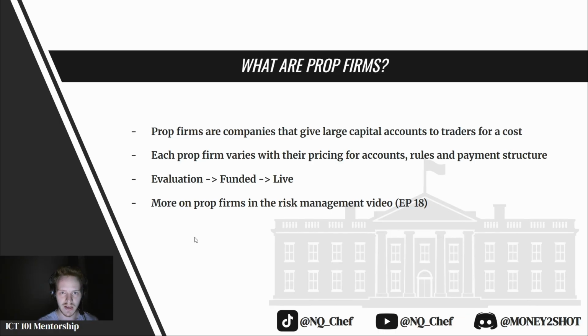If you pass the eval, make that 3,000 for 50,000, and it differs when you have smaller or bigger accounts. And then you make the money on fundeds, and then you get your money. And then if you're a really good trader, like you're seasoned, experienced, eventually these prop firms are going to want to move you to live accounts, meaning you're going to be dealing with real money.